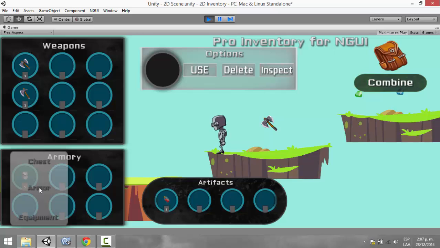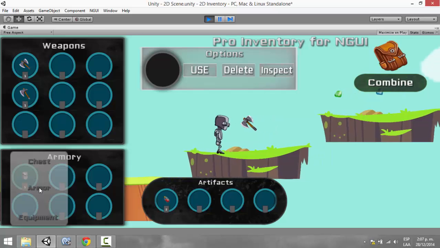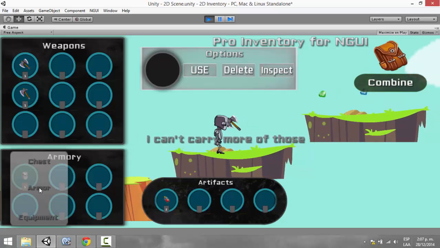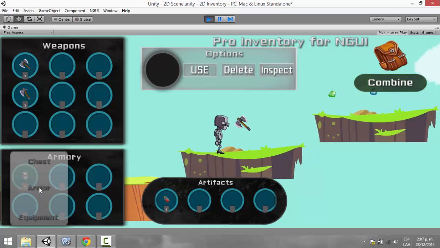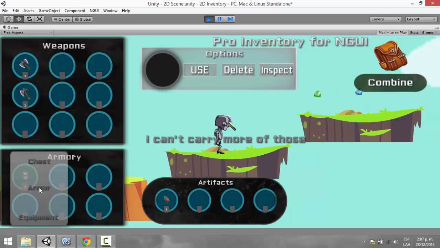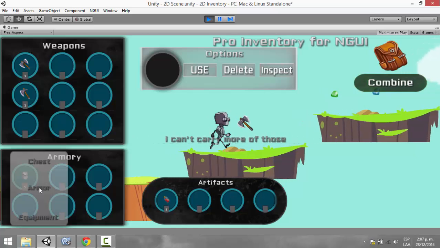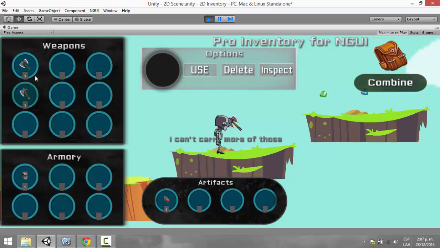Alright, let's try and add this other axe here. I can't carry more of those. Great, we have a messaging system, which is very useful to tell the player whether he's doing the things wrong or not. Okay, so I can't carry this axe because it was set as unique, and we already have one